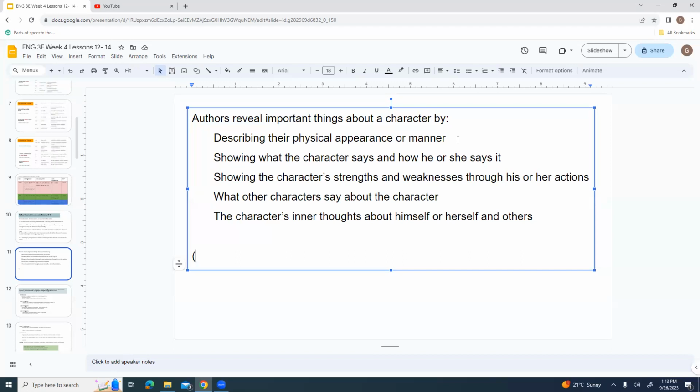What the other characters say about the character. Sometimes maybe you have an ex-wife or something who says, oh yeah, they seem nice now, but in the past they used to do, and they tell you a whole bunch of information. Or a cop comes on the screen and says about a character, well, yeah, but you know what that person's really like. So sometimes they use other characters to tell you stuff about a main character. And of course, the character has their own thoughts about what they think about themselves, what they think about others. And those things tell you a lot about the character as well.